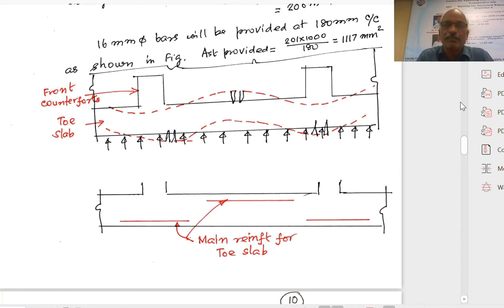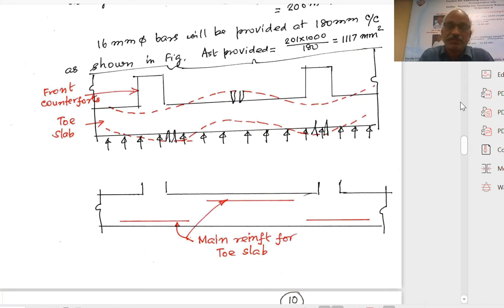So what is the length of the base that will be transferring the load to one counterfort? From one center to the other center, that is 1.5 meter on either side, will transfer the load to the counterfort. The cantilever will be subjected to the load from 3 meters length of the toe slab. The counterfort will act as a horizontal cantilever, fixed with the upright slab, because if these figures and this pressure are understood, the design is nothing.